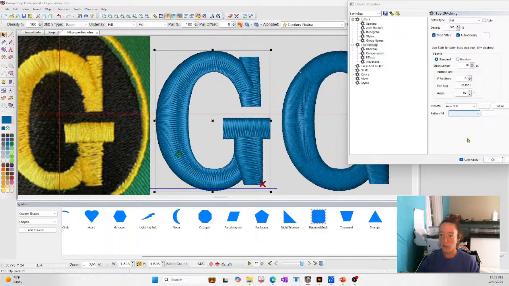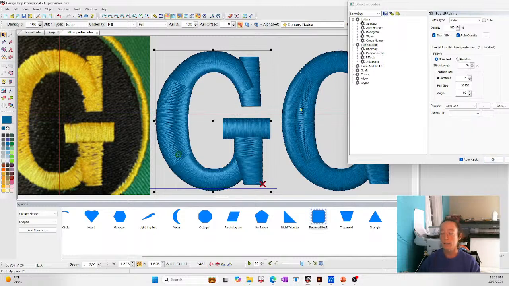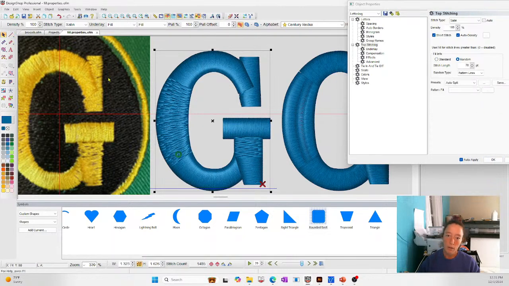You can also change it to a regular auto split. That will do that along the entire letter. Again, depending on what you want to do, may or may not be the look you want. You can come in and let's say I left it on random. So if I leave it random,